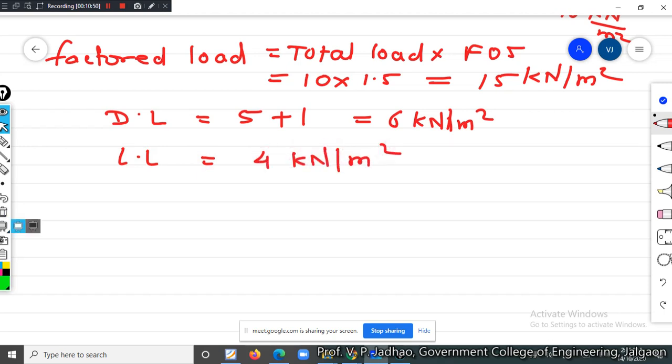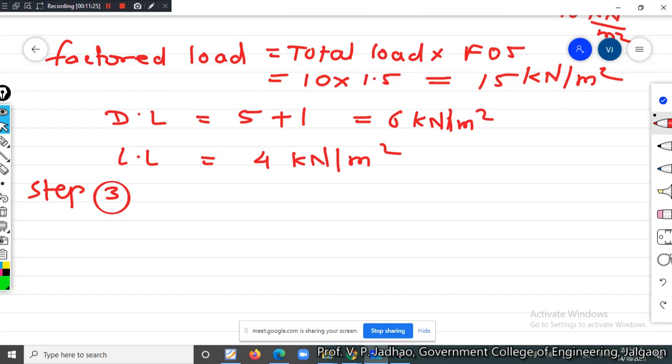Now the next step is step number 3, calculation of stiffness and alpha C value. Why are we calculating this stiffness and alpha C value? Because we want to know the effect of pattern loading. What is pattern loading? I'll explain that when we go to the step, check for correction for pattern loading. First we calculate the stiffness and alpha C value.